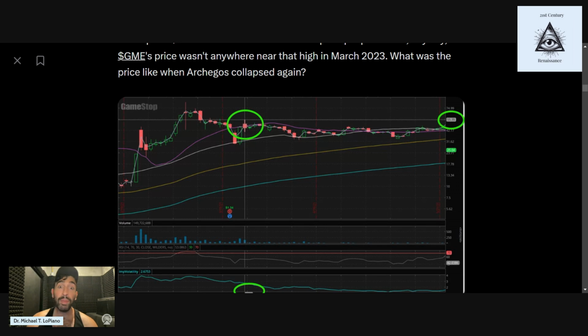Like, what will it mean when this swap expires? What will it mean when GameStop is priced way up at $50-something per share now, post-split adjusted, when that short swap actually comes back to life, when somebody's got to be paid? They can't just make it go away. So interesting to see what happens.